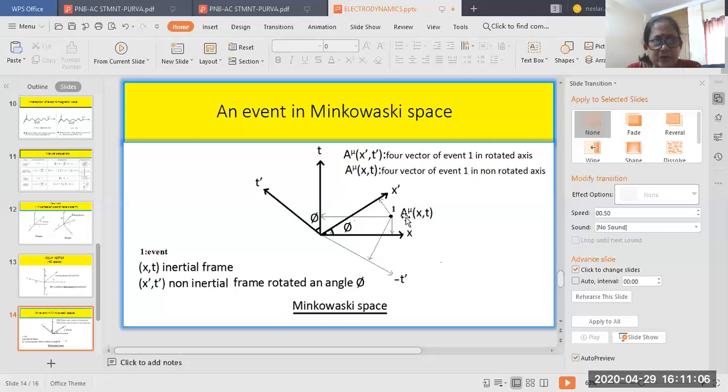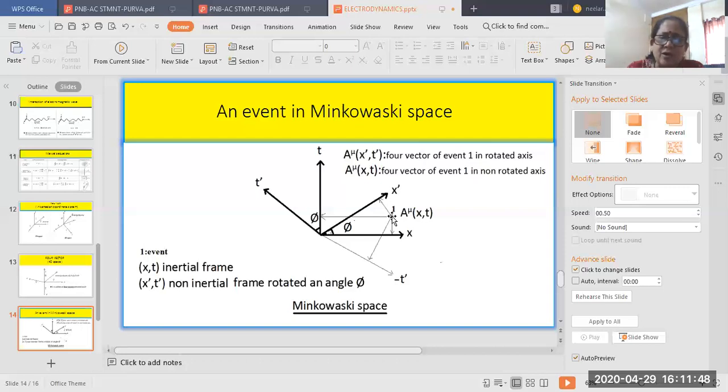A mu depends upon 2 coordinates. One is the x coordinate, another is the time coordinate. So I am writing here x coordinate, comma t. If I write in this way, then it is understood that y is 0, z is 0. I am not showing variation of y and z. That means I am only observing the variation along x as a function of time. That's why I have shown here the point as 1. Some event is occurring. Let us say I may be standing here, or a photon is there, or a vehicle is there, or you may be standing at point 1.